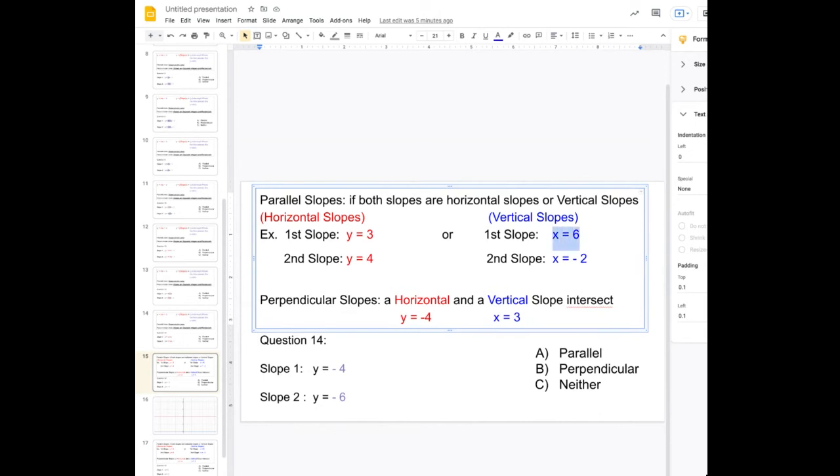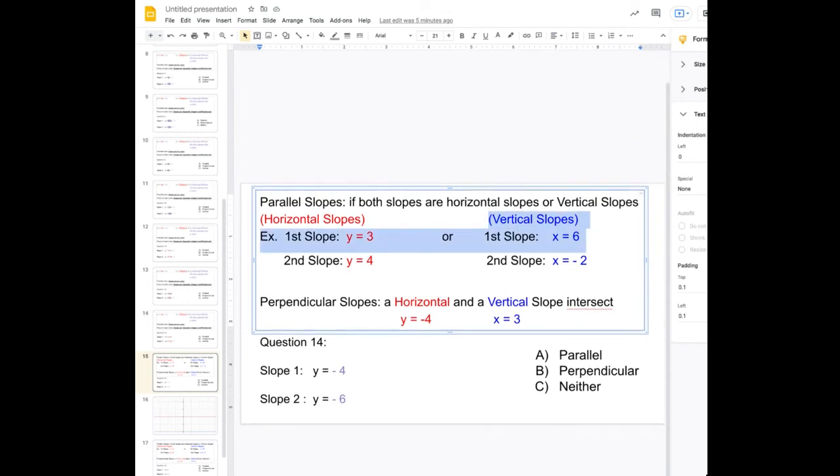like x equals 6 and x equals -2, then if you're talking about slopes, it's talking about a vertical slope. Okay, a lot of students relate this to solving equations, and then they get confused between the two. But whenever we're talking specifically about slopes, and they give you a value of y equals 3, then it's usually a horizontal slope. Okay, even y equals 4 is a horizontal slope. If you're talking about slopes and they give you x equals 6 or x equals -2, then they're talking about a vertical slope. I could see the confusion because